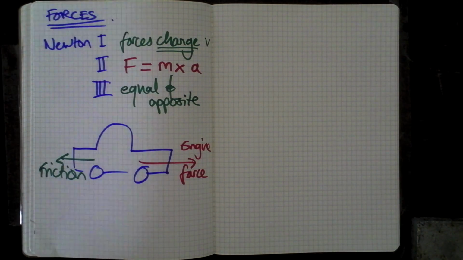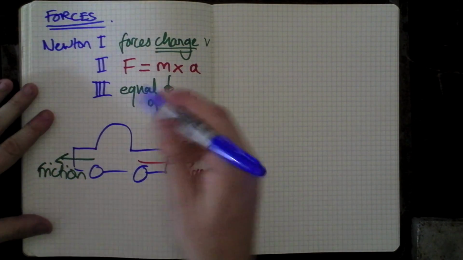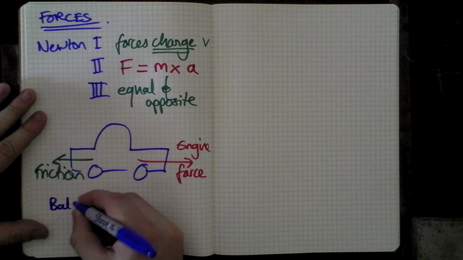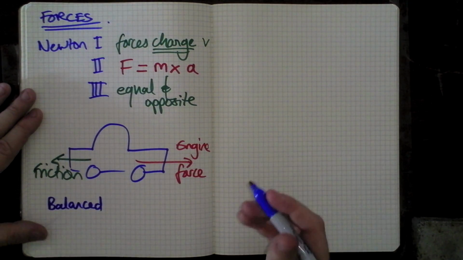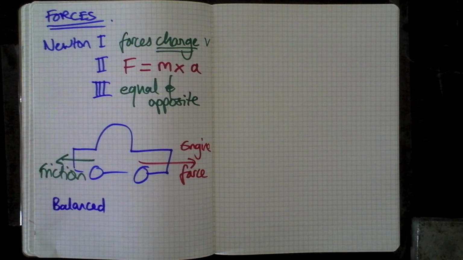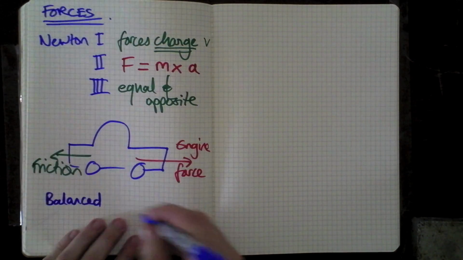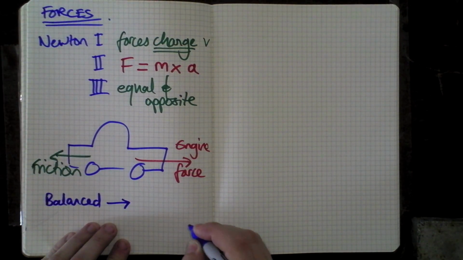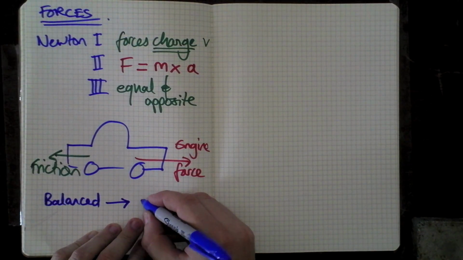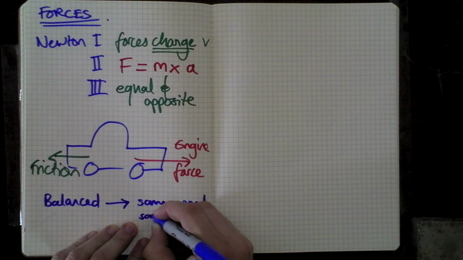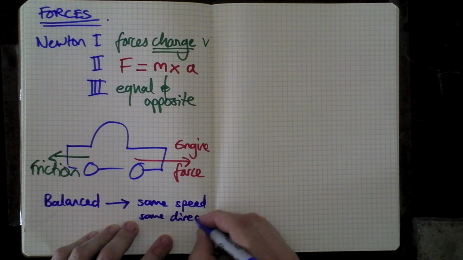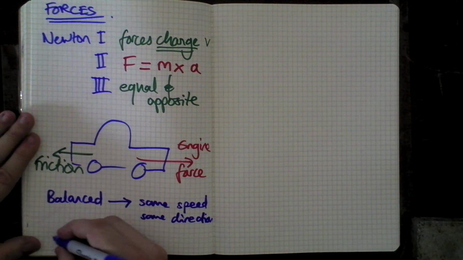But you can see straight away from Newton's laws that if these forces are balanced, if the friction is the same as the engine force in the opposite direction, then overall there is no resultant force. 2 balanced forces will stay at exactly the same speed in exactly the same direction. 2 unbalanced forces